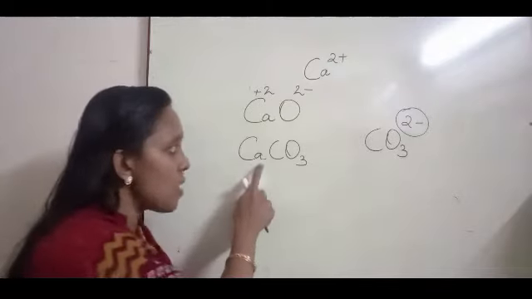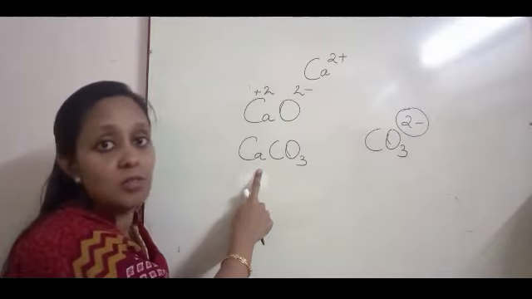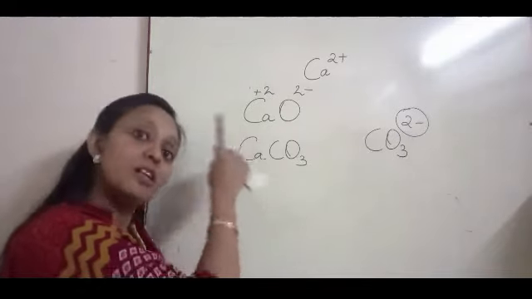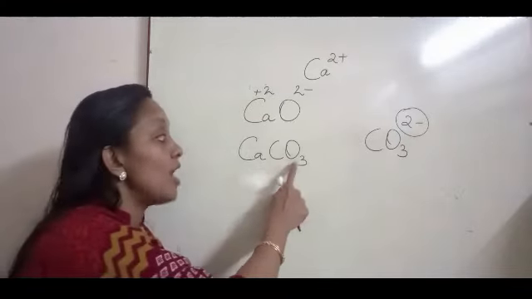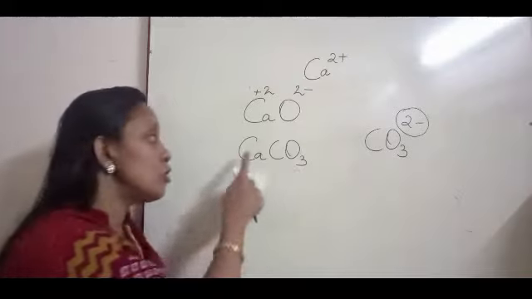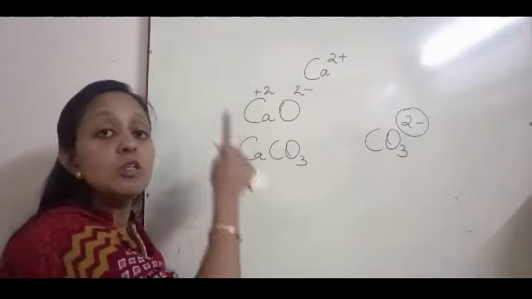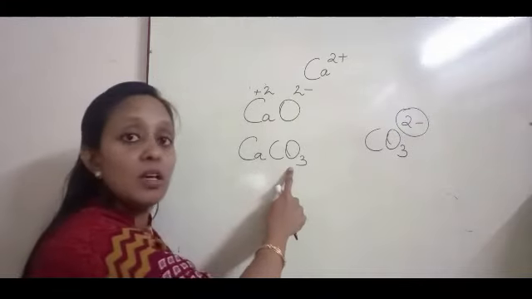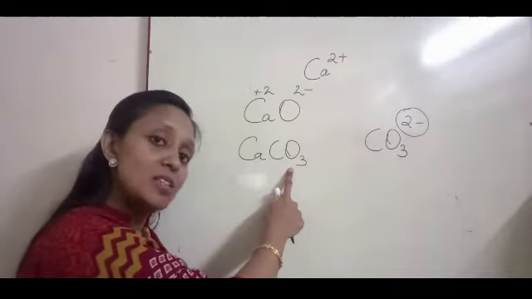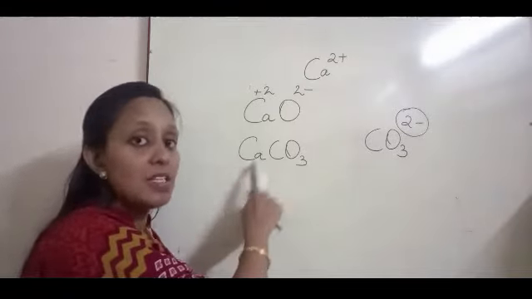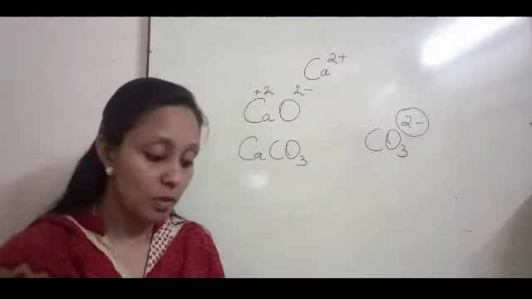And do you find any number written as subscript for calcium? No number is written, which means, as already said, calcium shows valency 2, and the valency of the neighboring radical should be written here under calcium. You don't find any number under calcium, which means that CO3 shows a valency of 2. Yes, it shows a valency 2. That means calcium as well as CO3 holds the same valency, that is 2. Moving on to the next one,